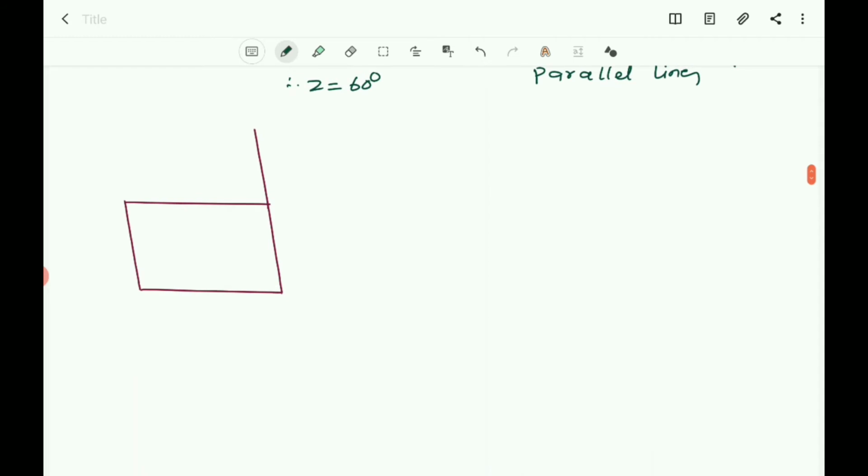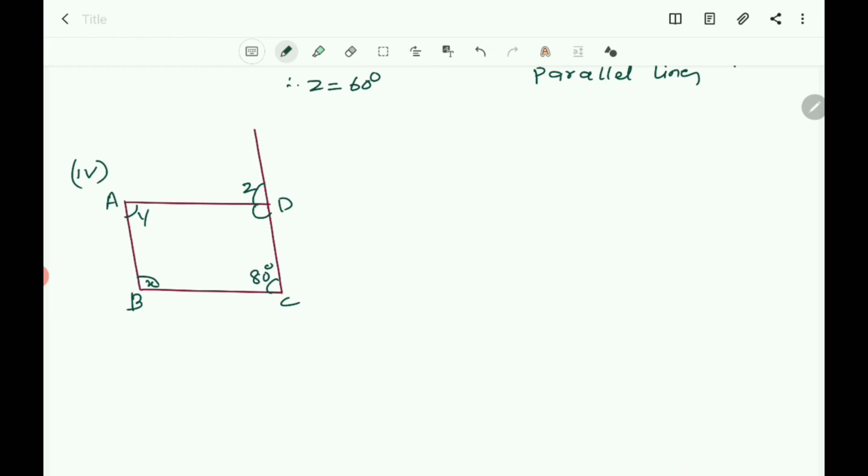Next you come to the fourth one. In the fourth one, an angle is given, that is 80 degrees. And here it is shown that this is y, this is x, and this is not given. That is the outer angle, the exterior angle, z here. It is shown. So let us name the parallelogram ABCD.